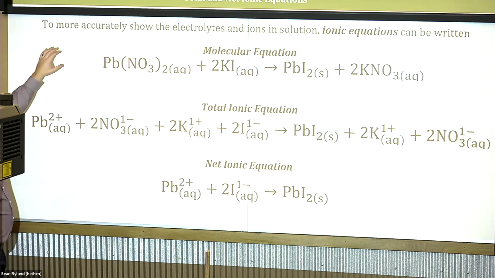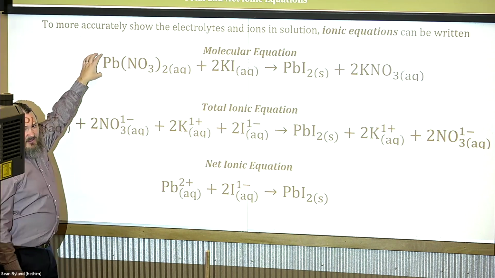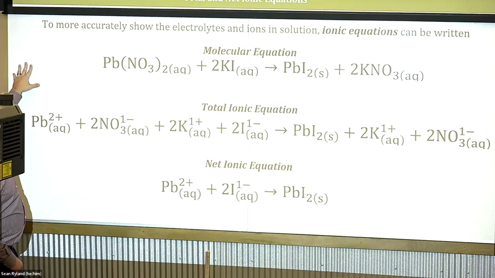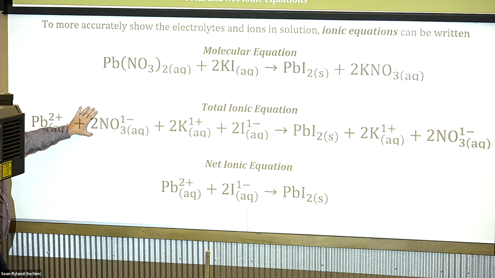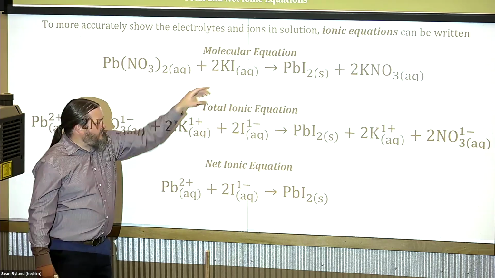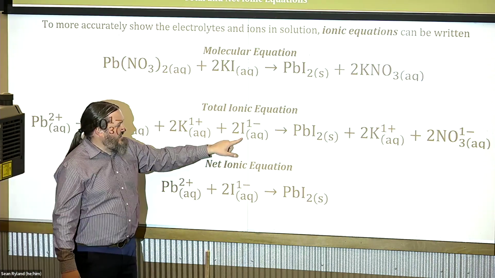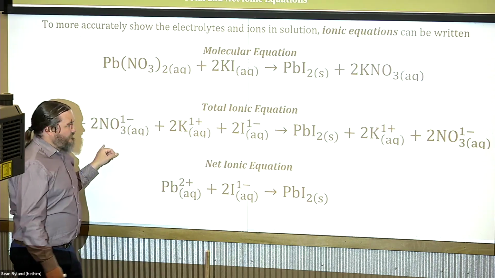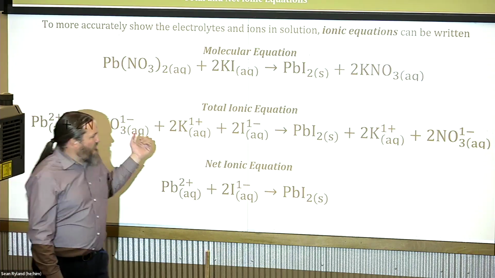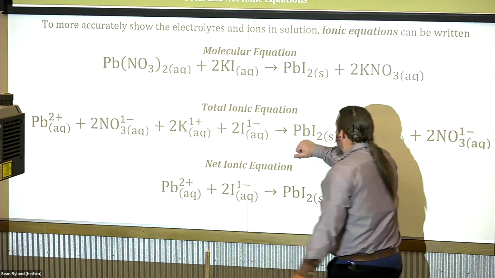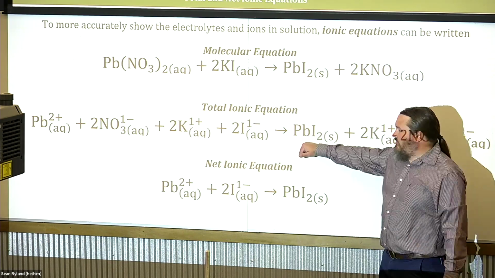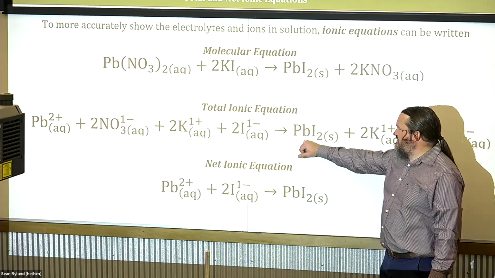If we split everything up into its individual atoms or ions, our total ionic equation just takes that lead 2 nitrate and turns it into lead 2 ions and nitrate ions, and turns potassium iodide into potassium ions and iodide ions, all of them aqueous. And when we mix them together, we made one compound that's insoluble, lead 2 iodide, it's insoluble,